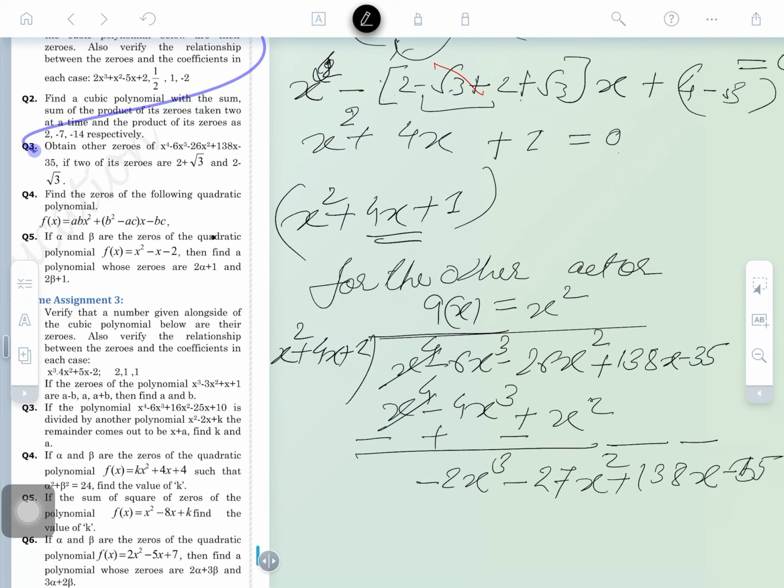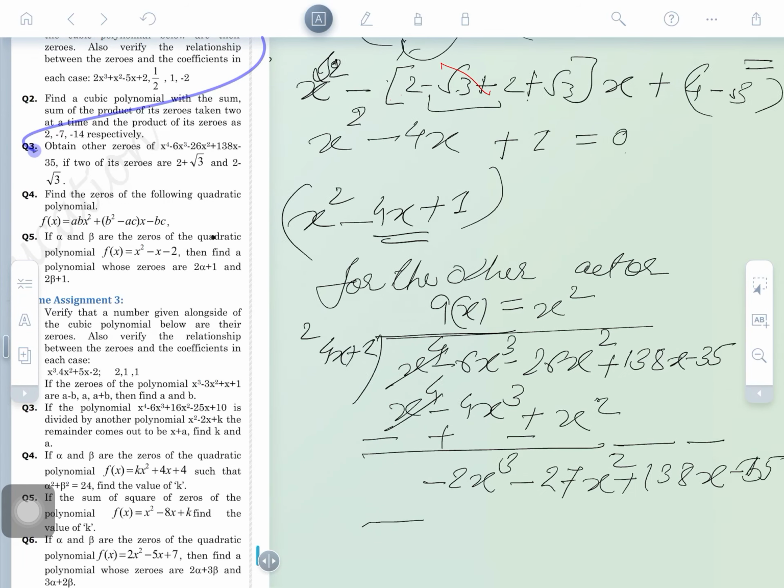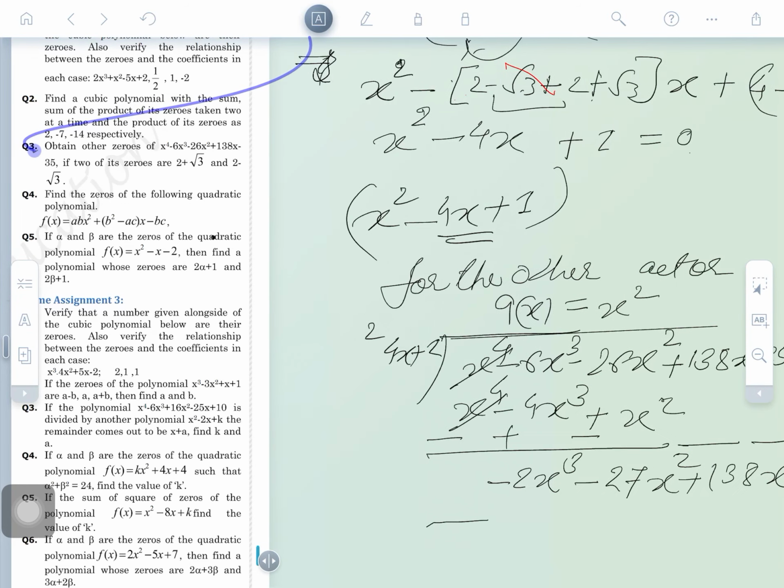I am just doing this again. x square, here minus plus 4. What was the mistake? I found the mistake here. Here must be negative, here must be minus, and here must be minus also. So minus is to divide it. Okay, it's x square minus 4x. So there are some changes to be made here.